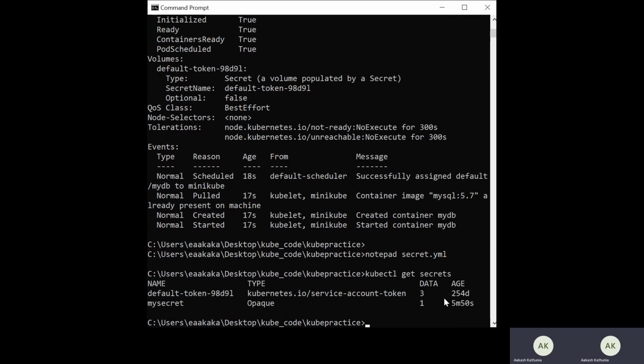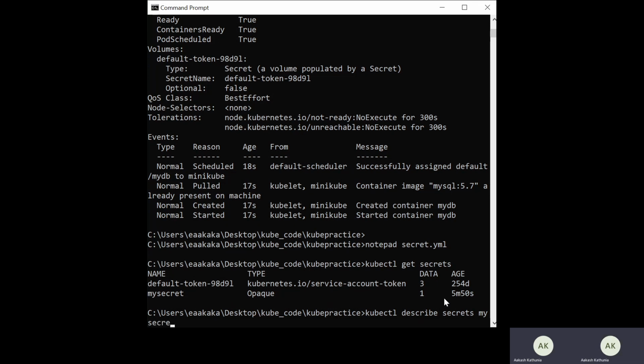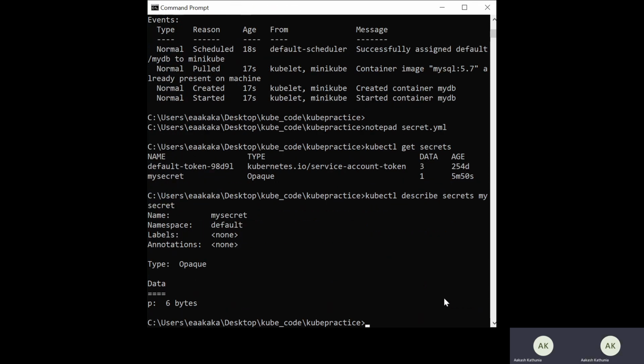Inside this, my secret is there, and let me describe it. kubectl describe secrets my secret, and if we describe, then only one key, p, is coming, right? One key value is coming.